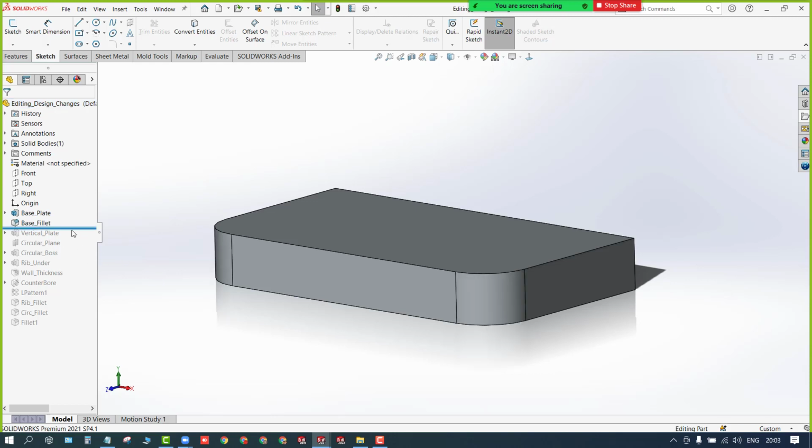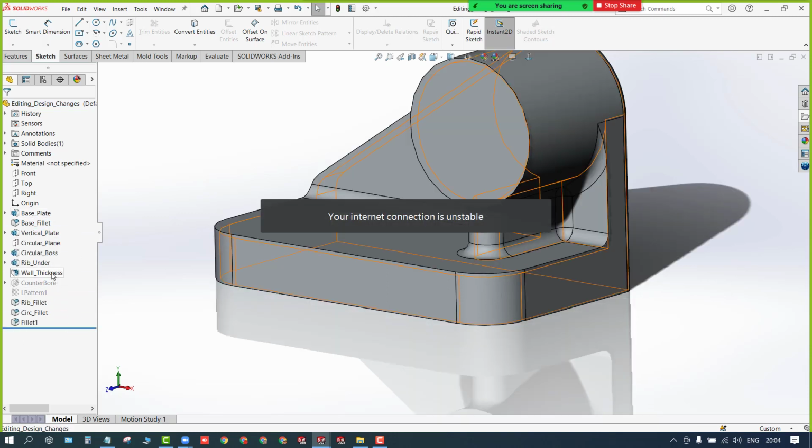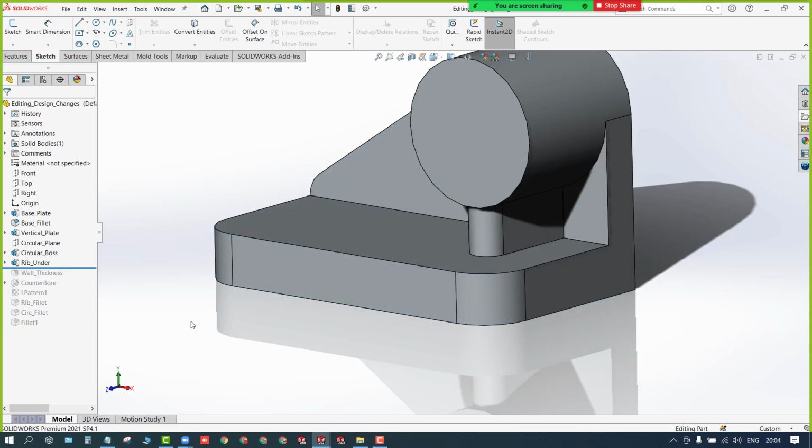If I use the rollback here, what does the software think? Only these two have been created. Whatever parts are just below this, they are deleted. Getting? Now if I move this shell just below this, what does the software think? Before that, up to here you see.